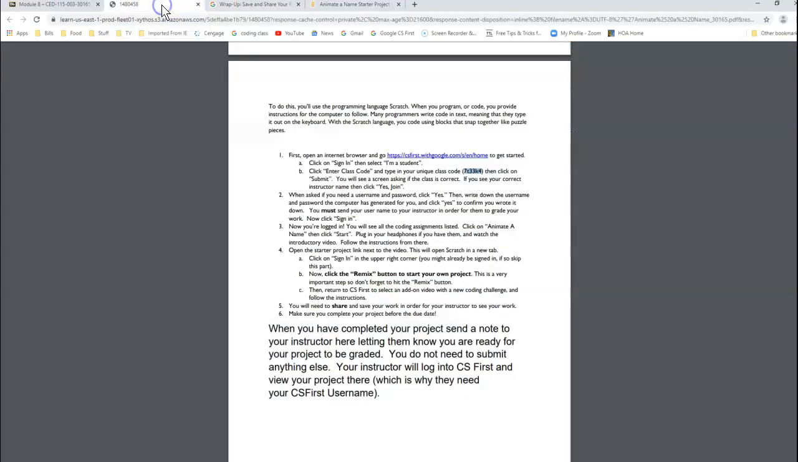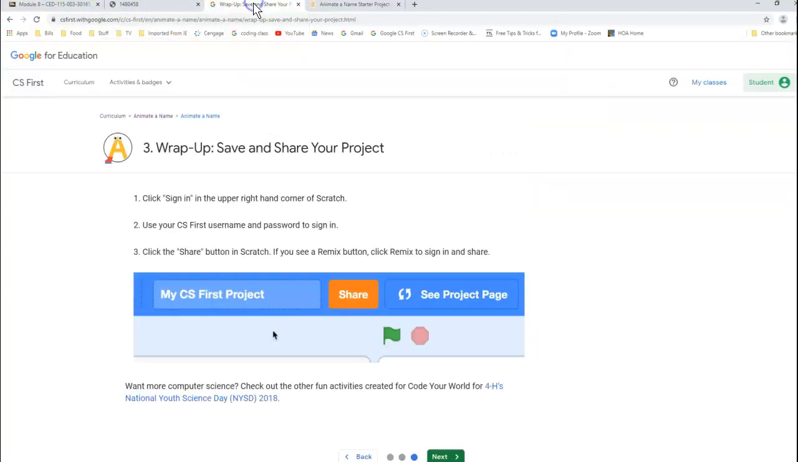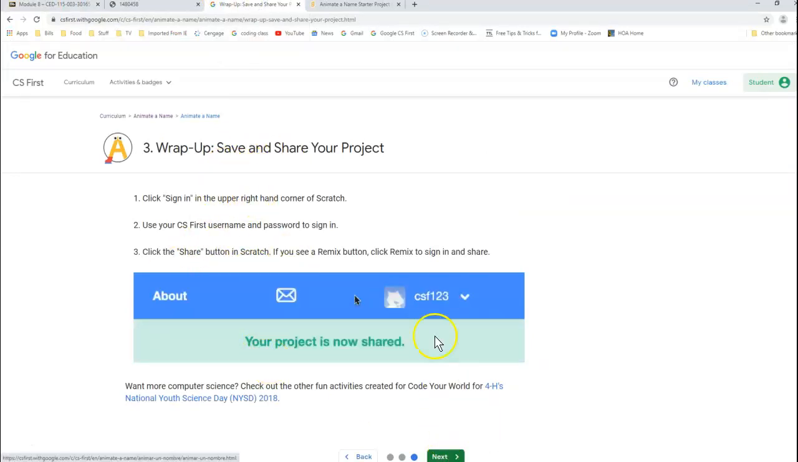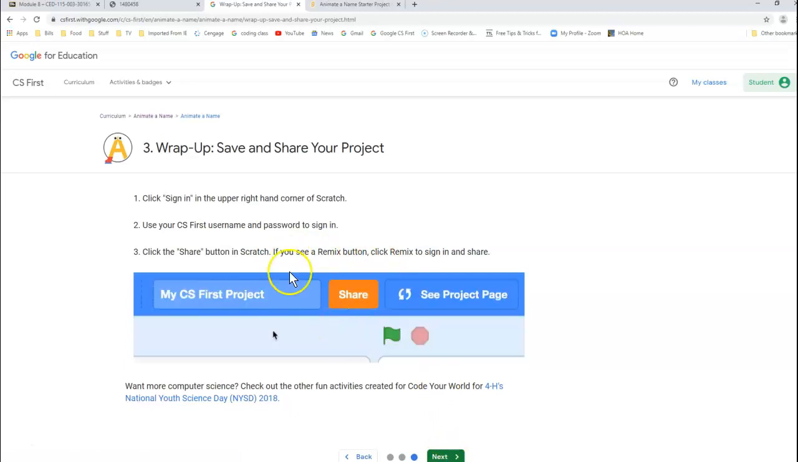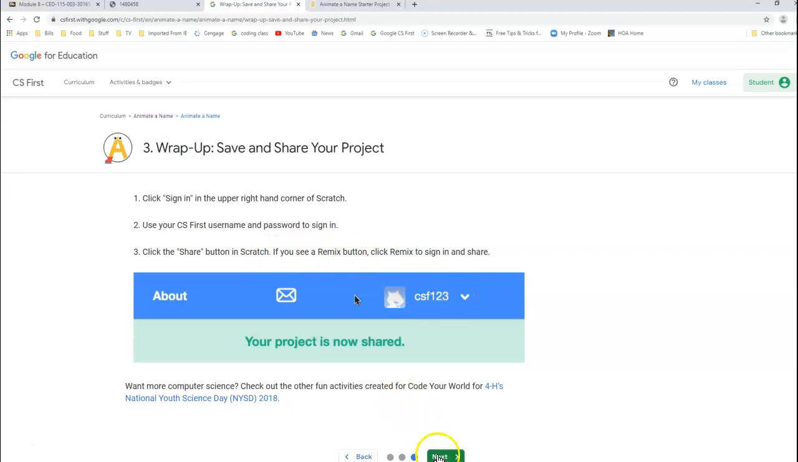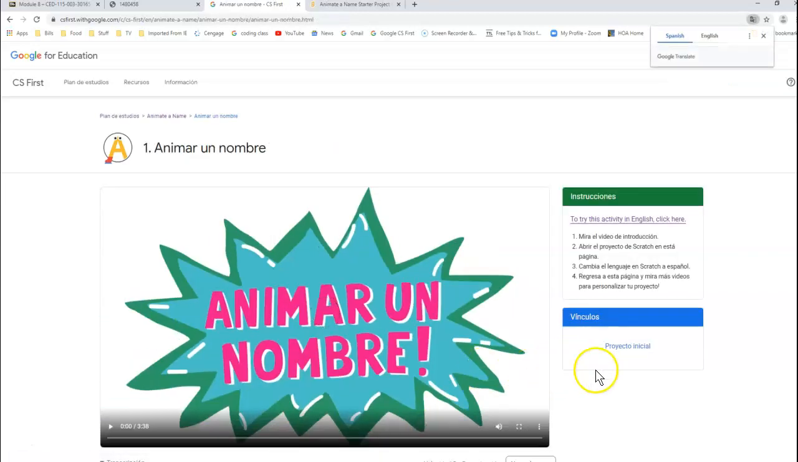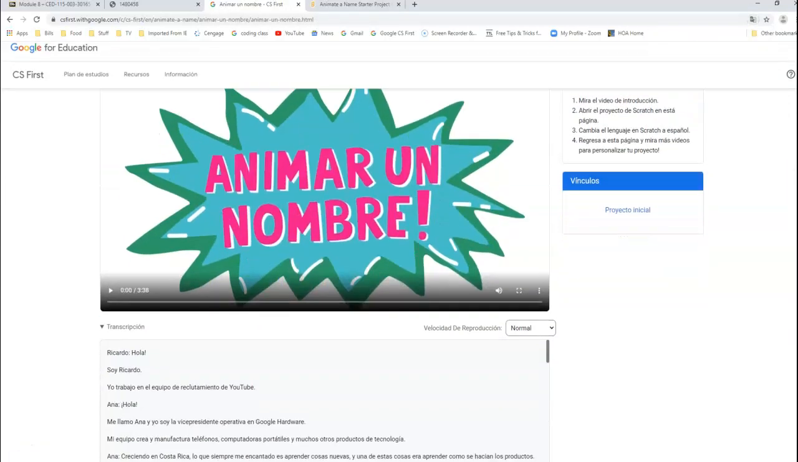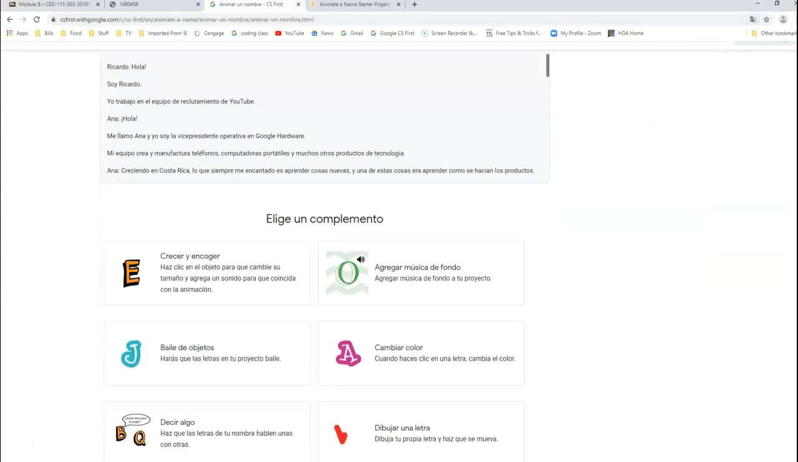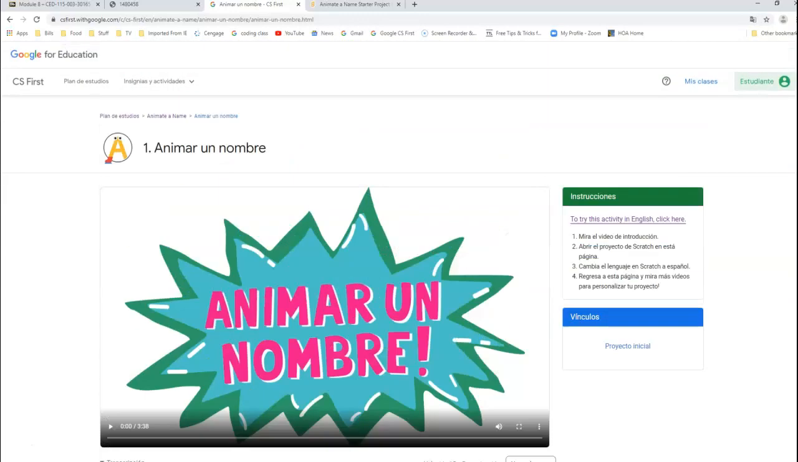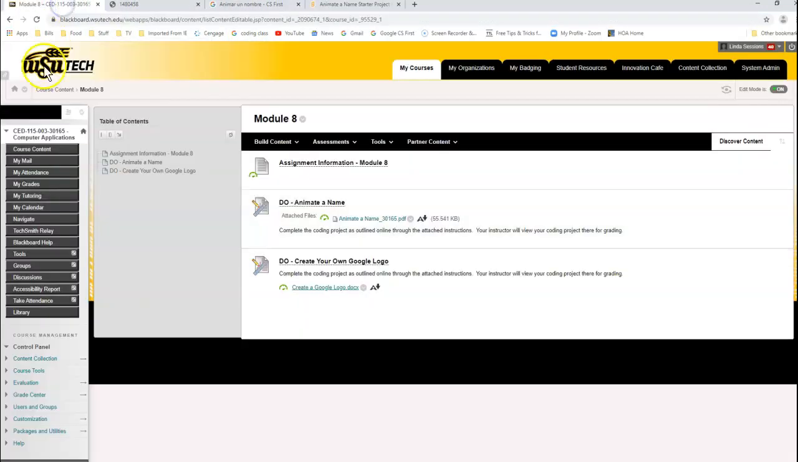You come back to the assignment in Blackboard. Okay, you've done your project. You've shared it with me so I can look at it. Click next, and then it'll take you to the Spanish one. But that's basically all you need to do. You don't need to do anything in the Spanish one as long as you do the English one. So back here in Blackboard, you can click on this animated name assignment,